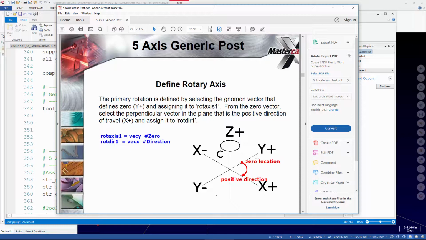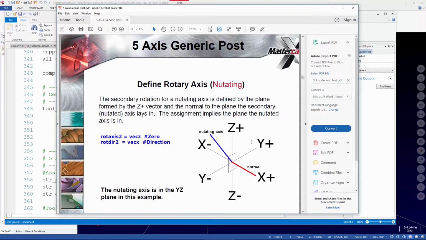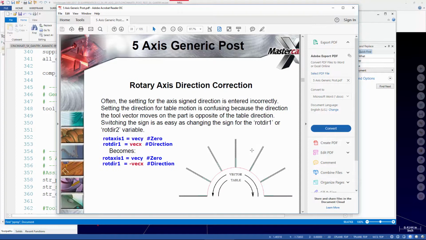So these are two perpendicular vectors, Y plus rotating towards X plus, and that plane forms our axis. So the axis is perpendicular to this plane. We're going to be doing the same thing when we configure for a Trunnion style machine,